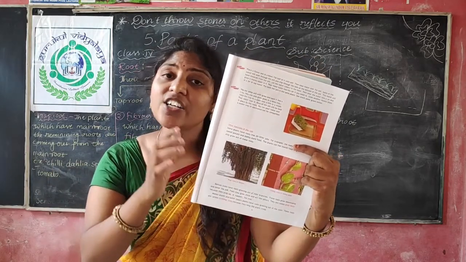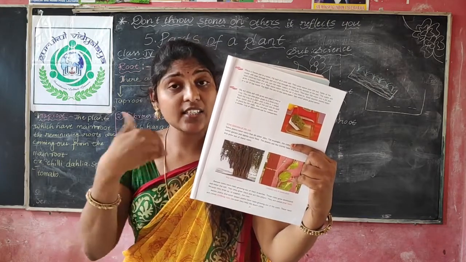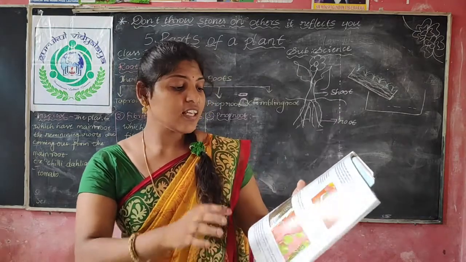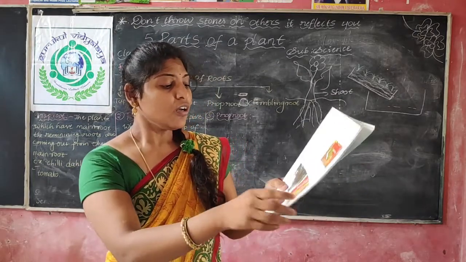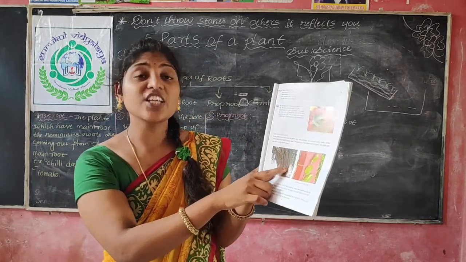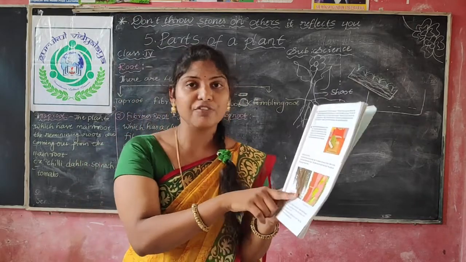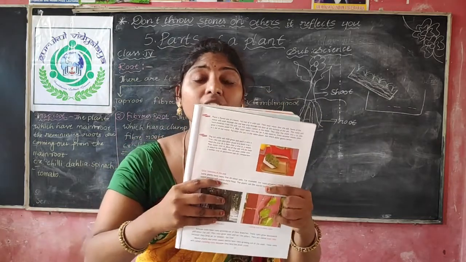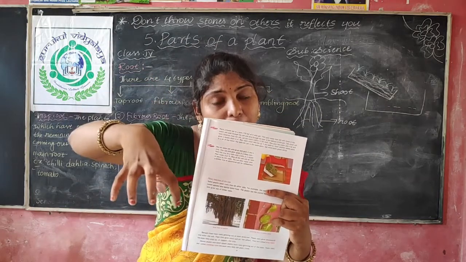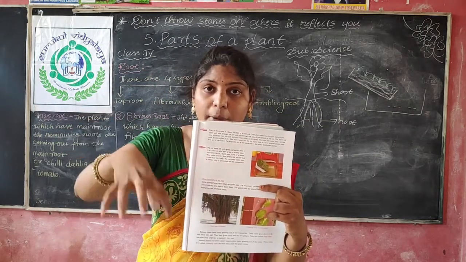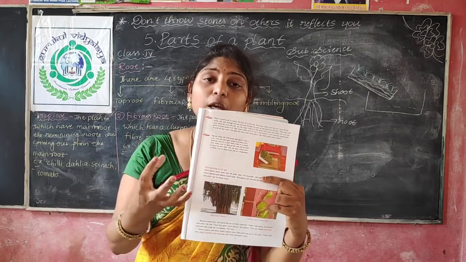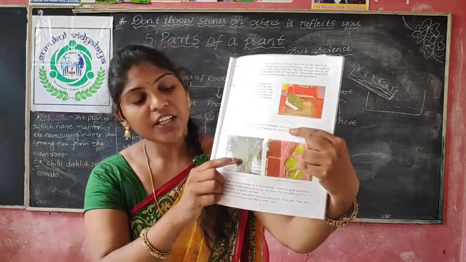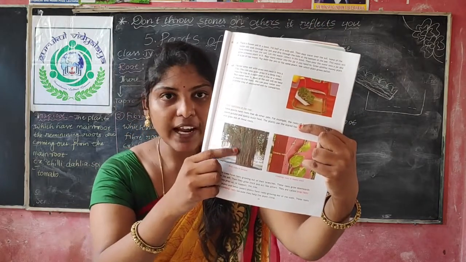And here each and every root has its own function. Here you can see, these roots can store food. And these roots get a better grip and withstand. They prop up the plant and give support to the plant. Here it is giving support to the banyan plant.